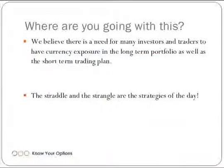Where are you going with this, Mike? Here's where I'm going with it. We believe there's a need for investors and traders to have currency exposure in the long-term portfolio as well as